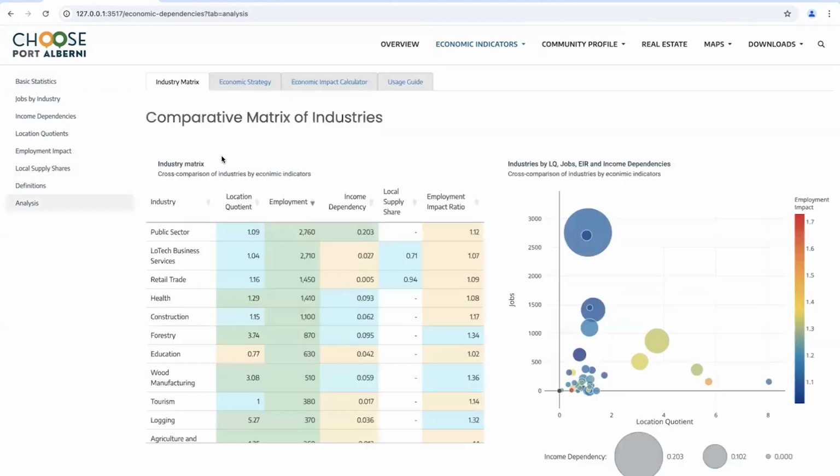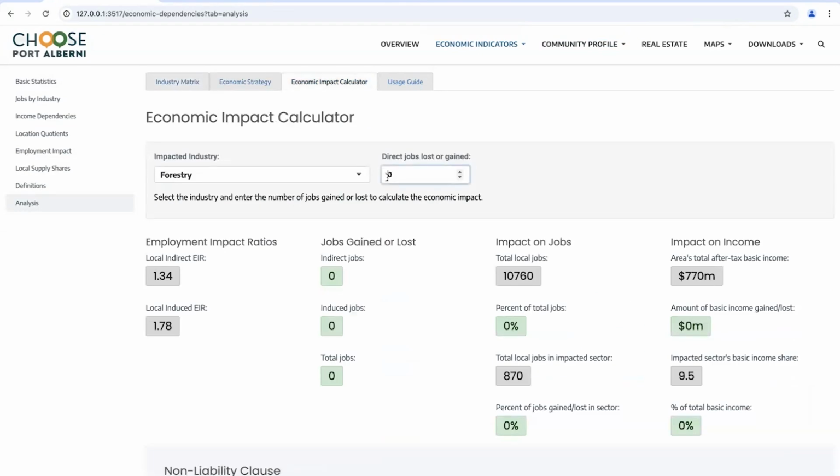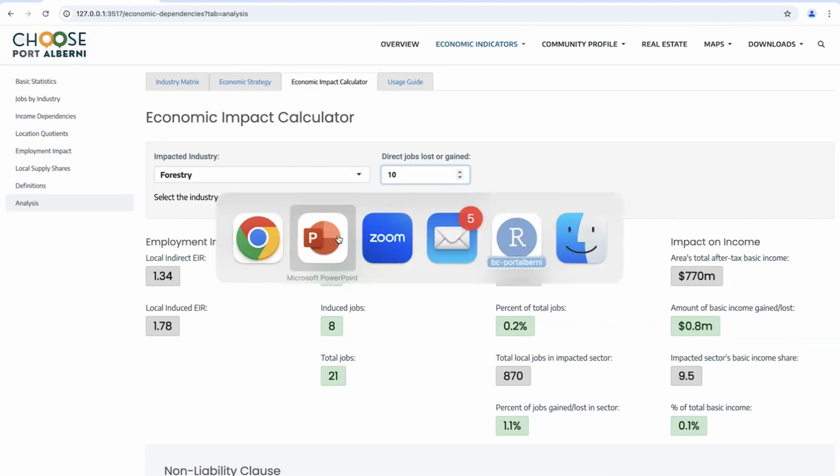Plus the recently developed analysis module where you can focus on economic strategy or even calculate how adding jobs impacts particular industries. So for example, creating 10 jobs in forestry would create 3 indirect jobs in supporting industries such as, for example, transportation, and 8 induced jobs in industries, so that's more of a long-term effect. And it also shows the economic impact of basic income gained or lost based on the number of jobs added or lost. So that was briefly, or not so briefly, about the labor force